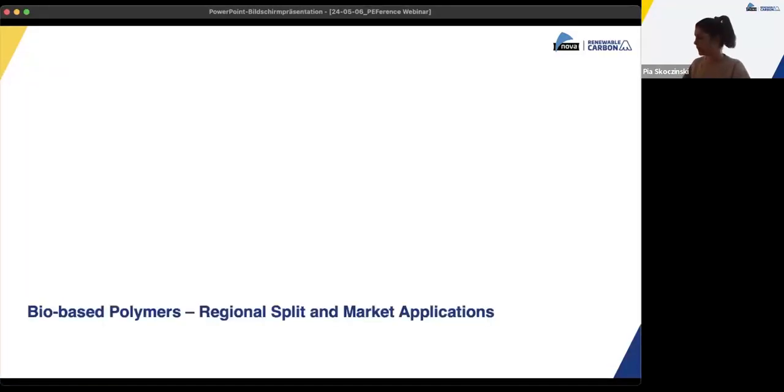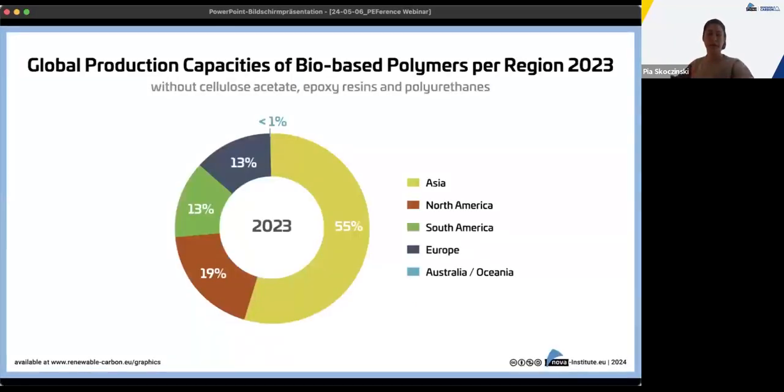So these were the capacities and production for the bio-based polymers, and now we will have a look at the regional split as well as at the market applications for the 17 bio-based building blocks. In 2023, the largest region having installed production capacities for bio-based polymers was Asia with 55%, with the largest capacities installed for polylactic acid and polyamides, followed with 19% for North America, mainly based on polylactic acid production and